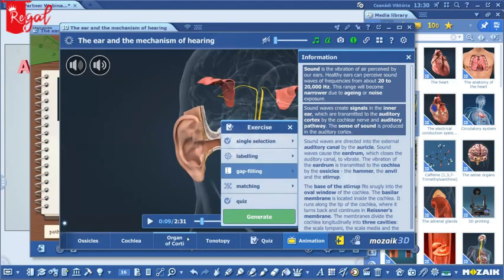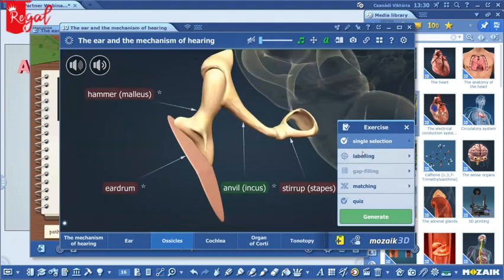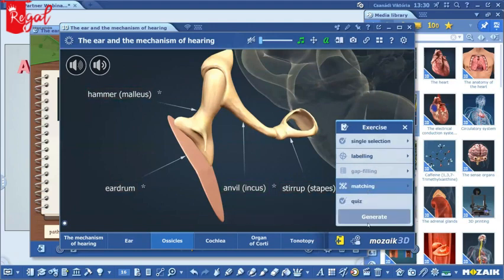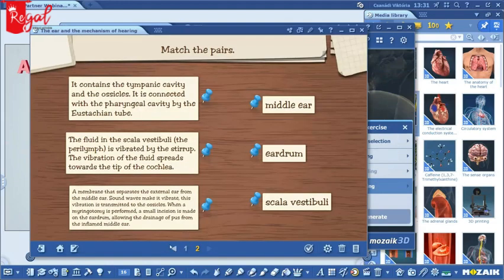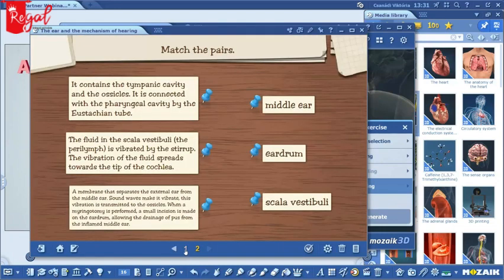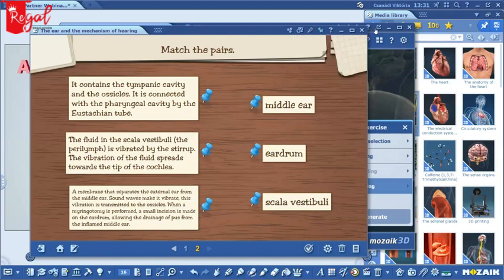But I think it's not enough. So let's go back to the ossicles, and I would like to create another one. So let's go with the matching exercise, and I would like to, yes, use this one and click on generate. And here on my already existing test sheet, now I have two different exercises because the software knows that I would like to create a longer test sheet, so it combined the two different exercises together. Now I just have to use this little pin icon so I can save and insert it to my presentation